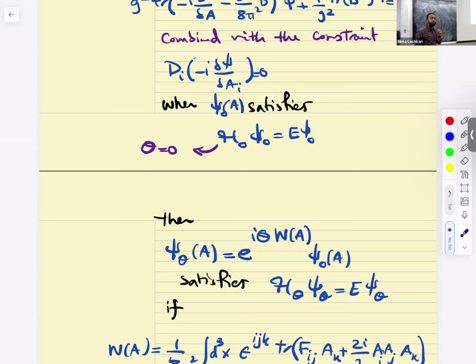Now, B was, I think I misspoke. I apologize for that. B was the curl of this A, right? And then E is defined in terms of F, and F is defined in terms of A. Right? So where I misspoke was that I said the canonical conjugate to B. Here, B and E are just short form for these F and epsilon tensors multiplied, right? You're solving the Schrodinger equation for A. Everything is a function of A. Sorry about that.